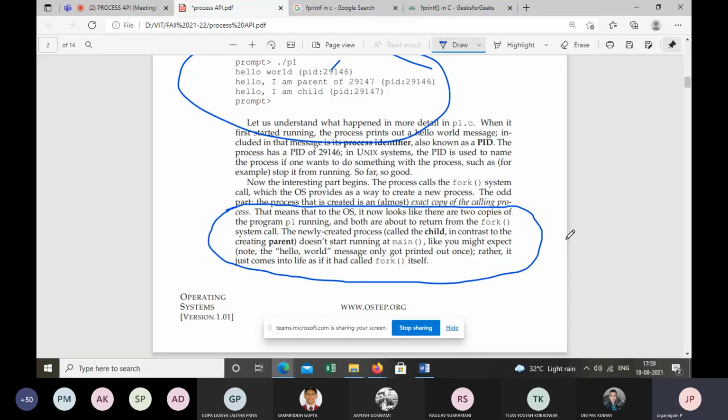There are 2 copies of the same program. Did you understand this statement? Yes, sir. What does it mean?